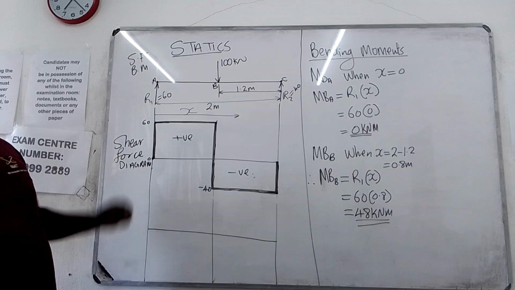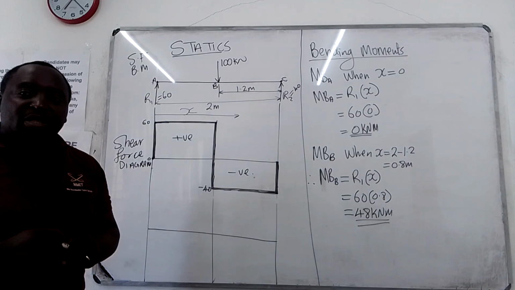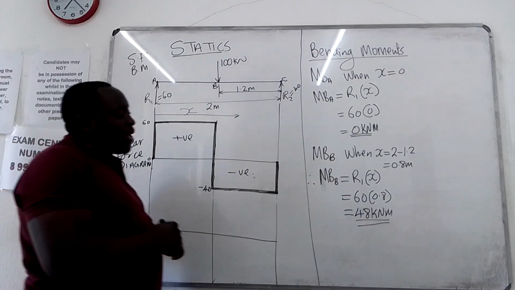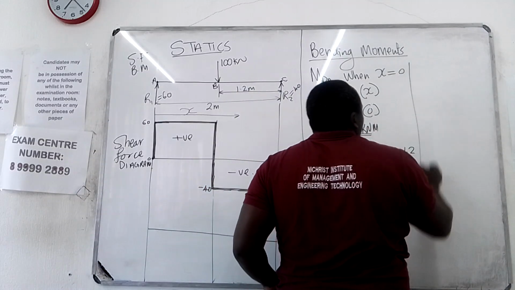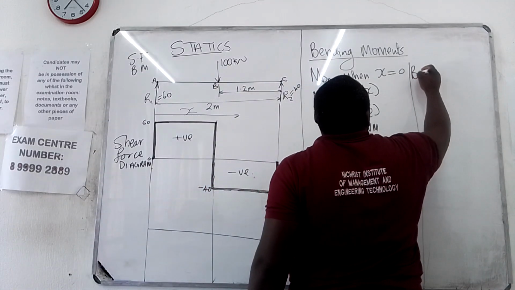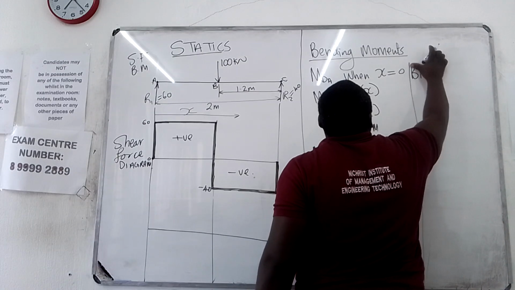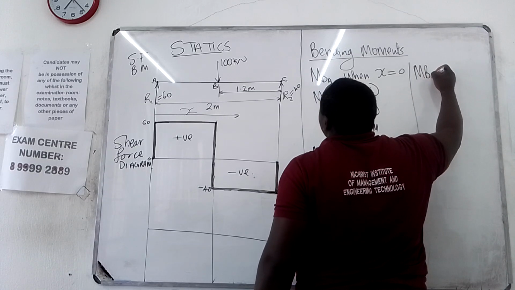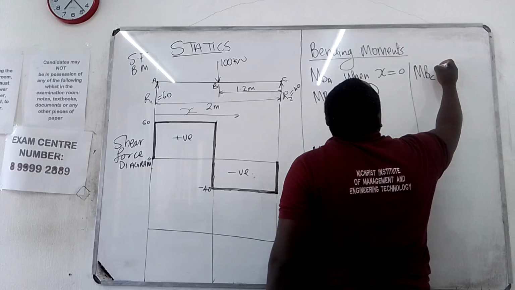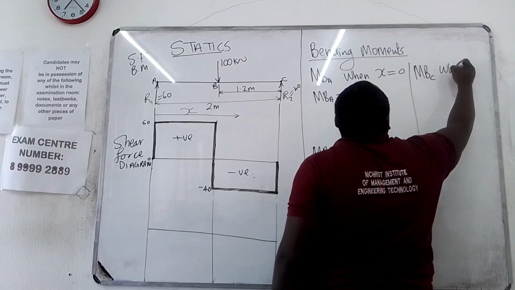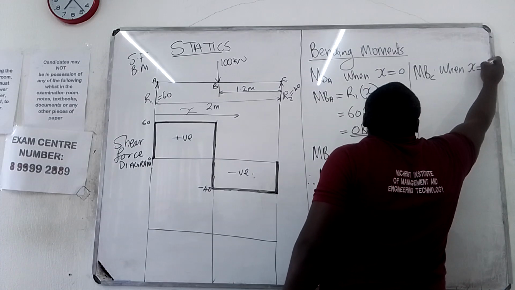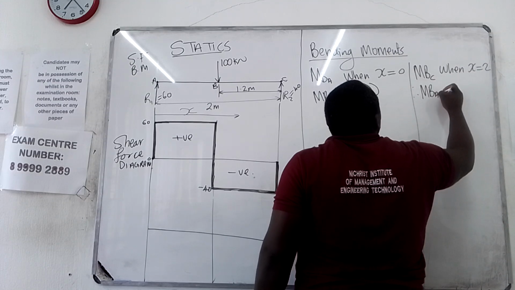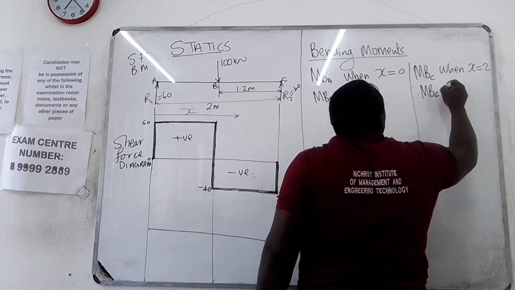Then we come, always your diagram must close. You start from 0, it must come back to 0. So your last bending moment, bending moment at C is equal to when x is equal to 2. Therefore, bending moment at C is equal to